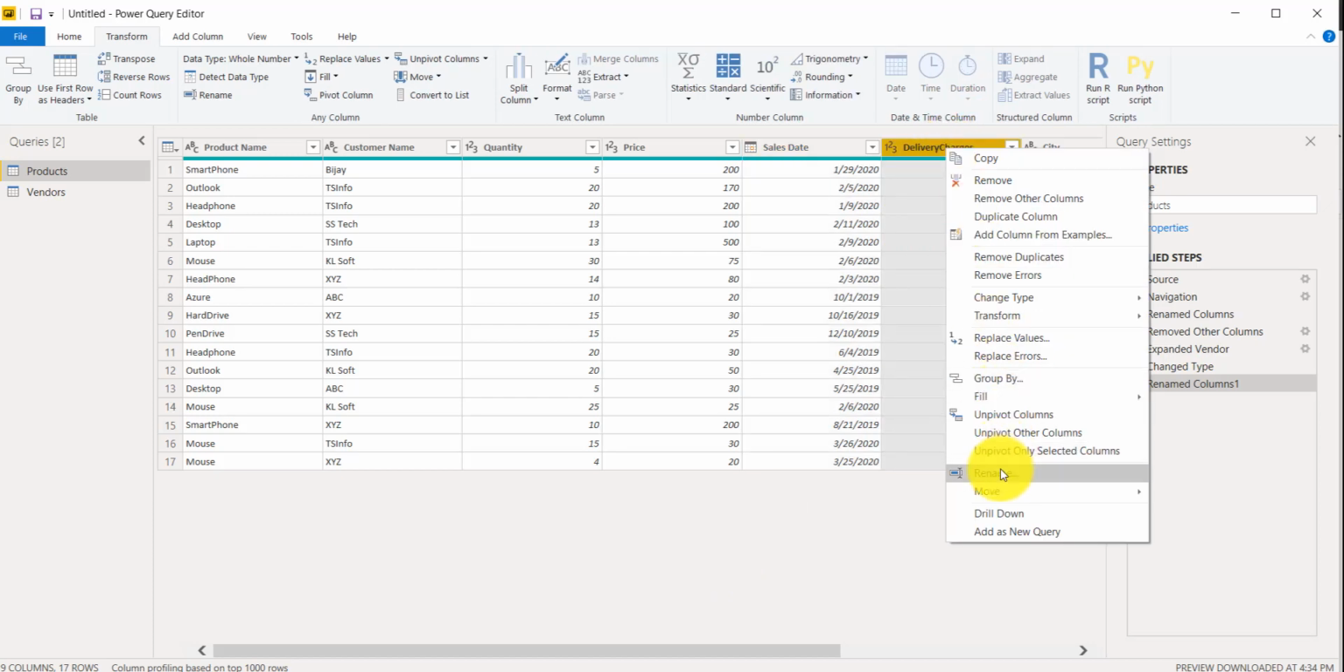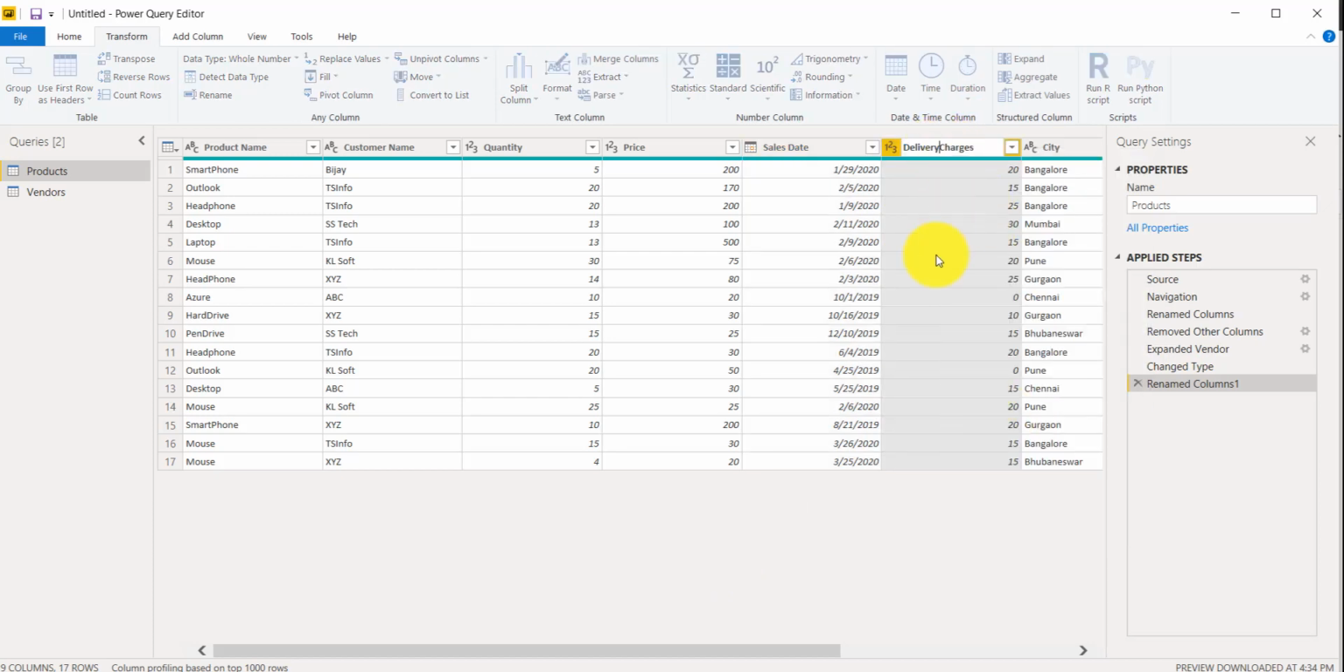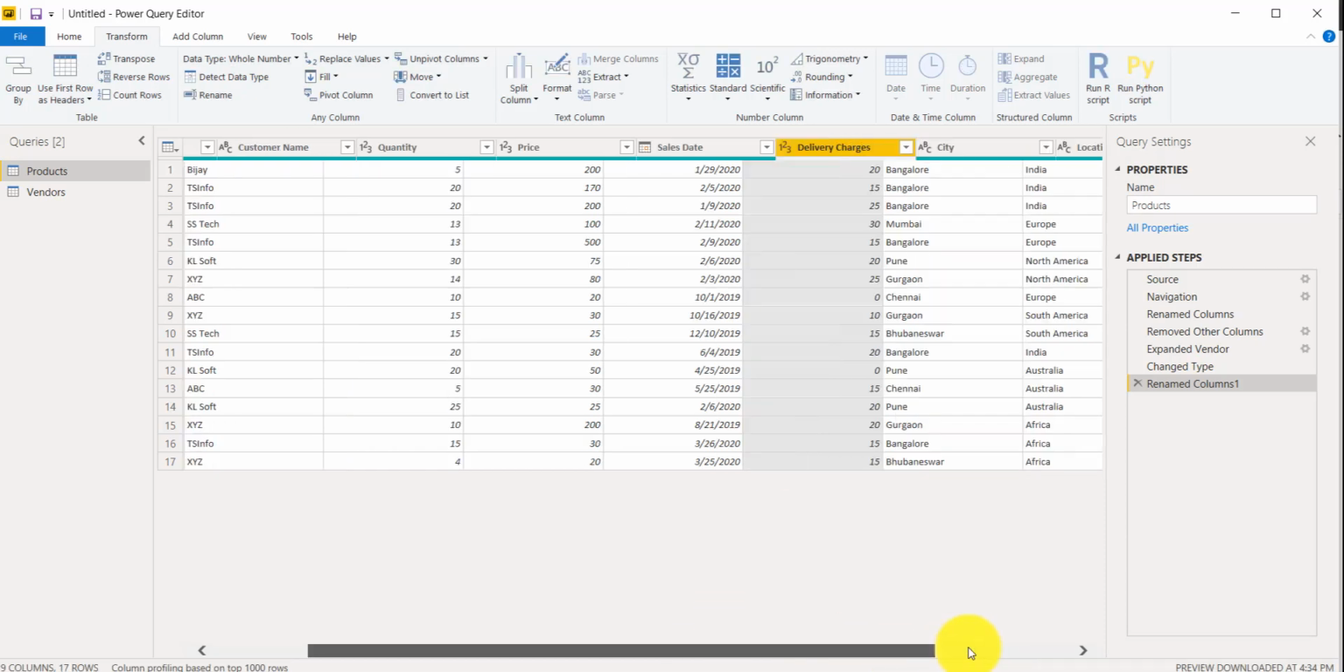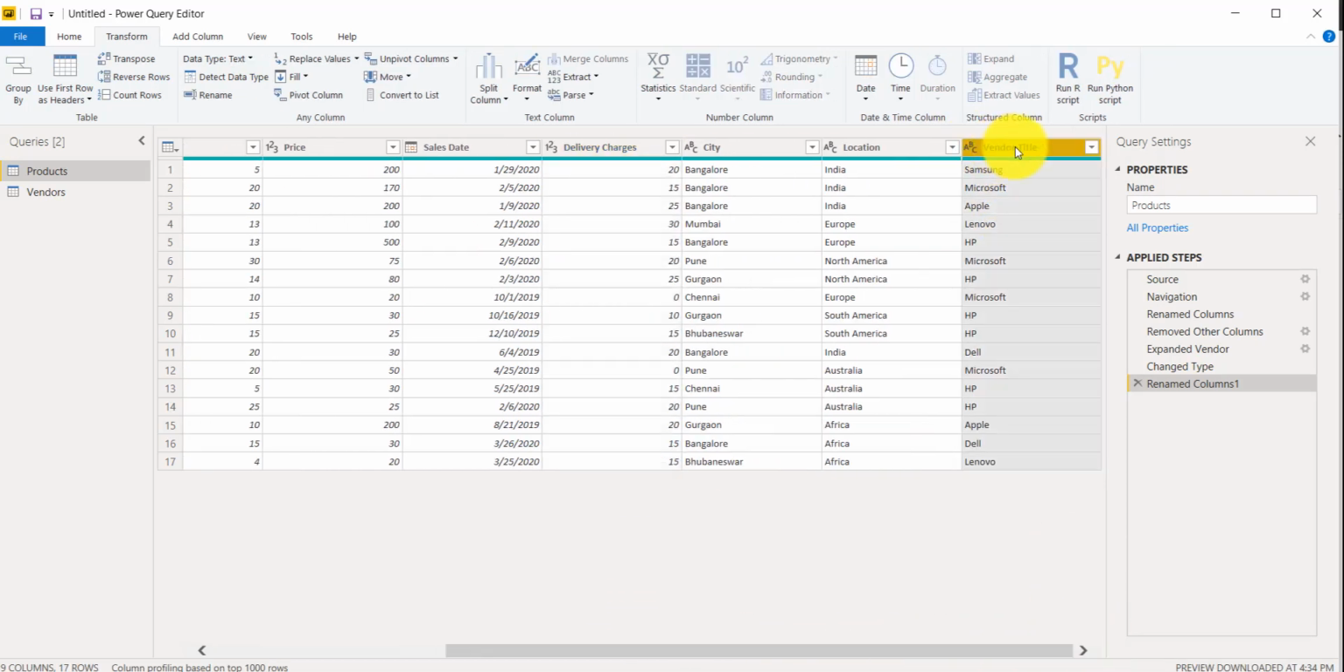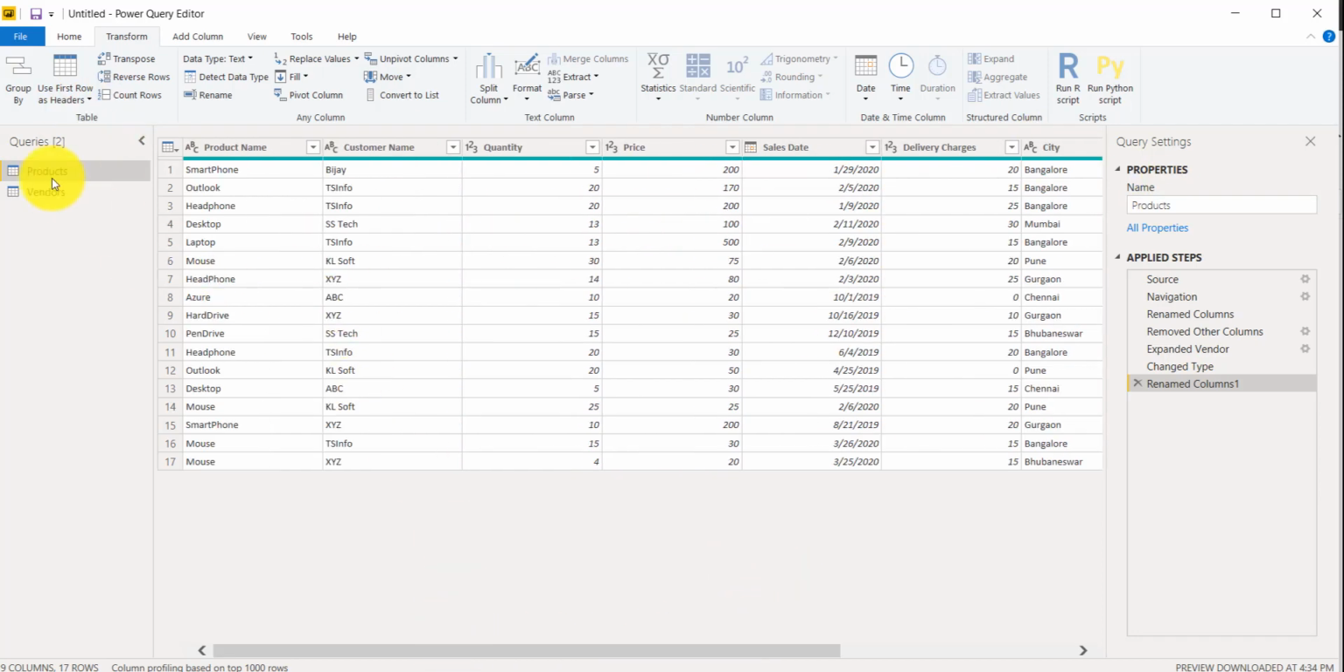And delivery charges, I will rename it to delivery space charges. And one more thing that we will change is the last one, which is saying vendor dot title. Instead of that, we may take vendor name. Just click on enter. Now if you'll see here, our data formatting is done, and then you can just go